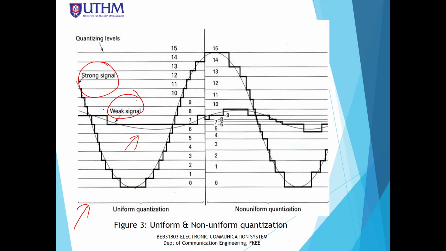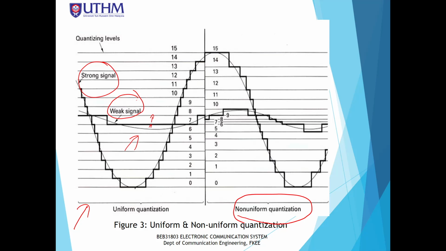Which is not good actually, because we quantize as a very big step size for the weak signal, which is not good. Okay, so therefore we need to come up with a new method, which is what they call as the non-uniform